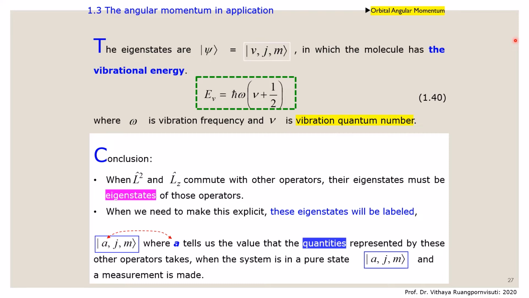When we need to make this explicit, these eigenstates will be labeled as the state a, j, m, where a tells us the value that the quantities represented by these other operators take. When the system is in the pure state a, j, m, and a measurement is made,